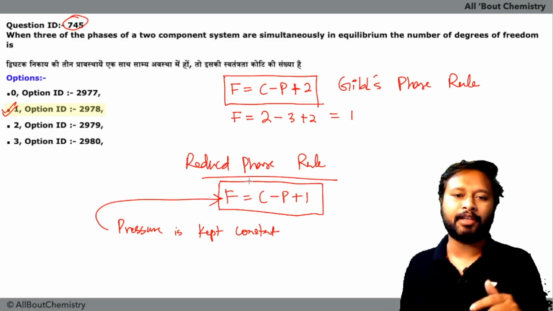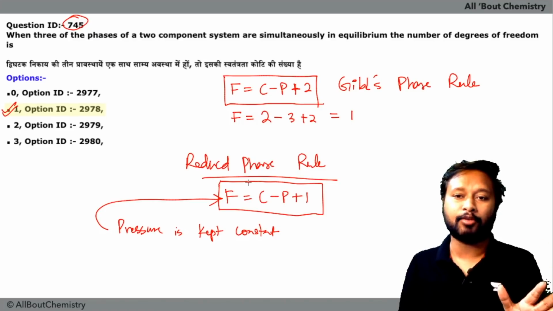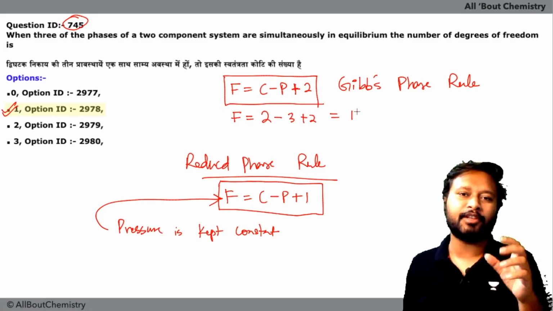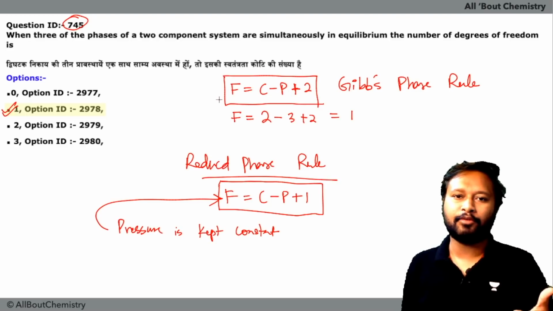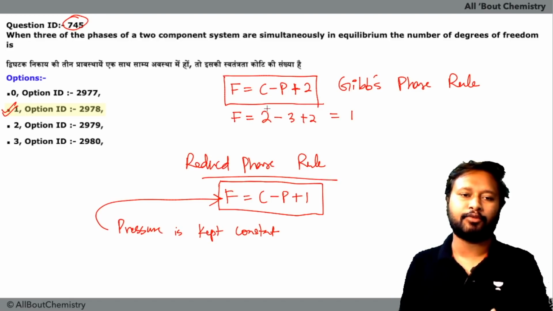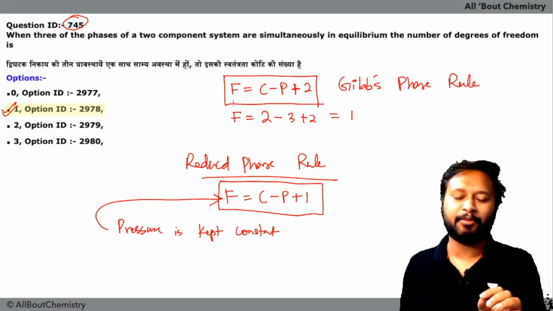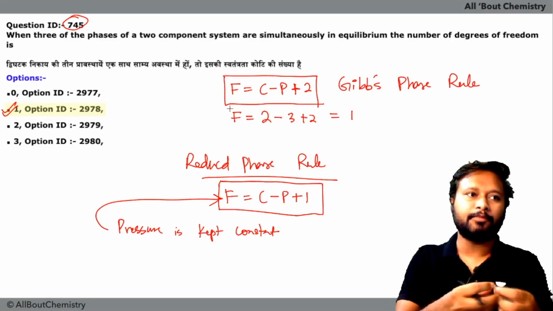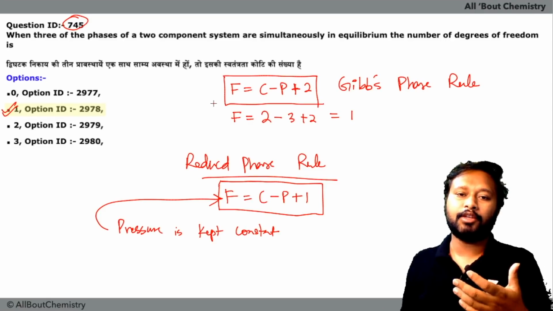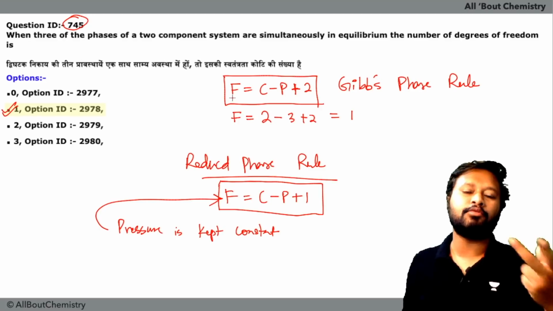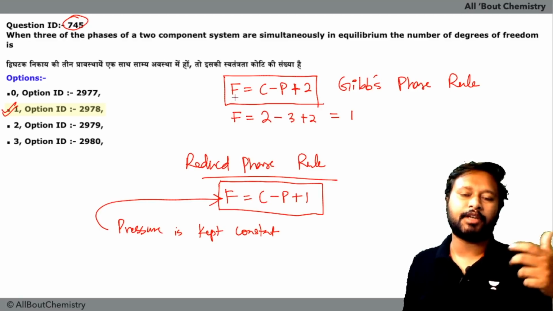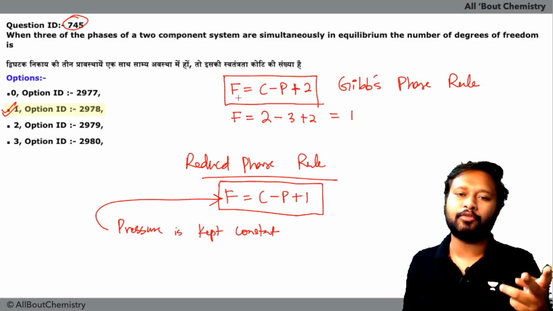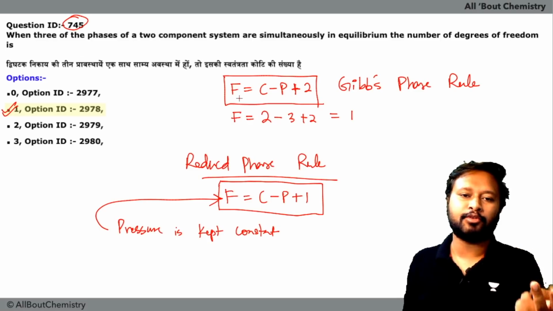The reduced phase rule is only applicable under constant pressure. See, the reduced phase rule is nothing which Gibbs gave, it is not officially given by Gibbs. It is something derived from the normal phase rule. First of all, let me tell you what exactly the degree of freedom tells you. Degree of freedom tells you how many variables you need to express the system. So in your one component system, you need at least two things to express the system, temperature and pressure. If you need both, the degree of freedom becomes 2 there.